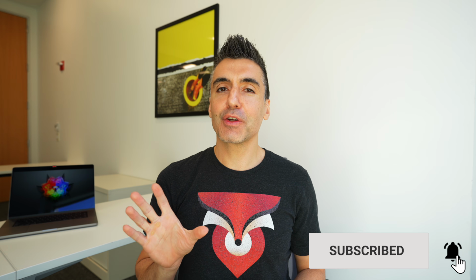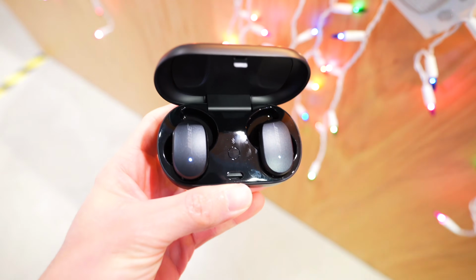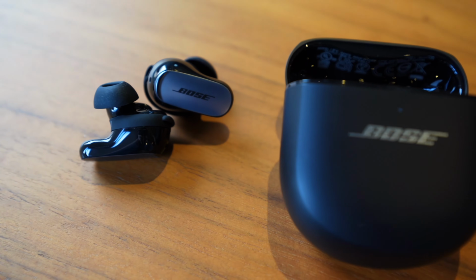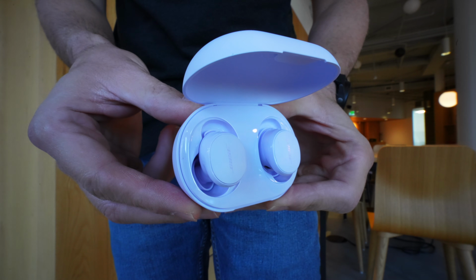Today I want to help you travel smarter with my review of the Bose QuietComfort earbuds. And if you're confused by the name, just know you're not alone. These are the latest Bose earbuds and one of several they've decided to name QuietComfort. There's the original QuietComfort, the QuietComfort 2, the QuietComfort Ultra, and now the new plain old QuietComfort. Between you and me, I guess we'll just call these the QuietComfort 2024, but it seems going forward Bose is